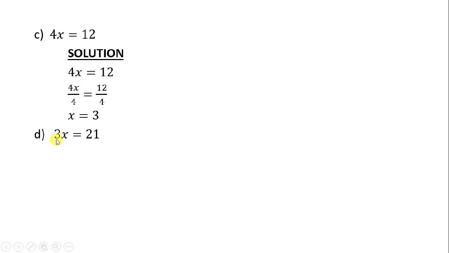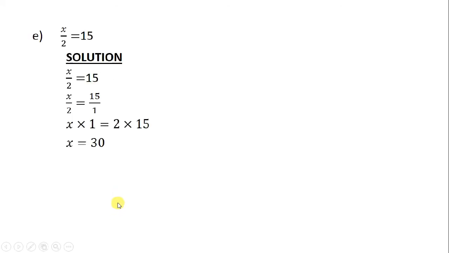As simple as that. Then we have 3x is equals to 21. When you are given a term where you have a number and a letter, divide both sides by the coefficient. Our coefficient is what? Is 3. So divide both sides by 3. So I'm saying 3 into 3 is giving me a 1. 3 into 21 is giving us what? A 7. So this 3x is equals to 21 is an open statement. Your duty is to make it true by finding the value of x, which will give us a true sentence. So if I multiply 3 times 7, what am I going to get? 21. As simple as that.